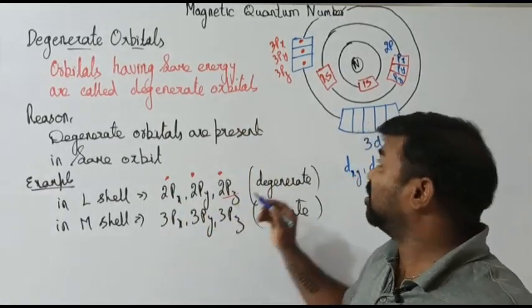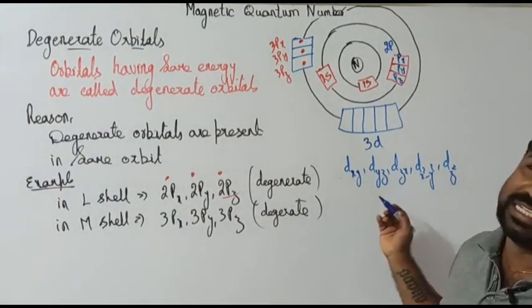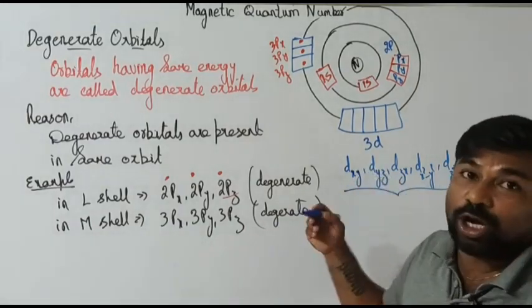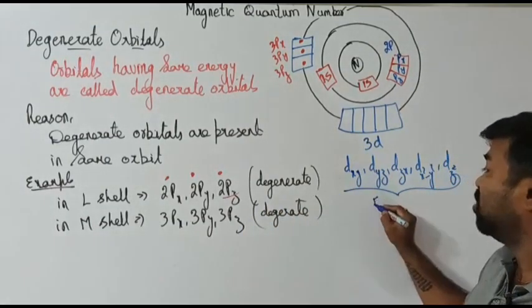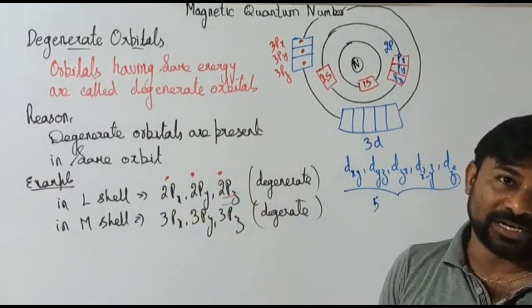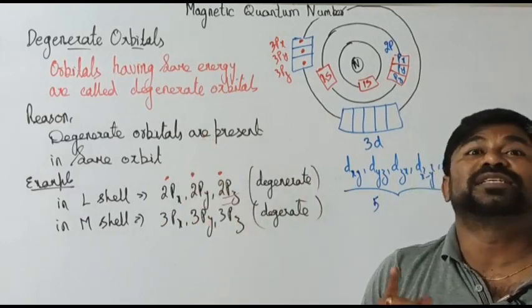Now, if you go for the d orbital, we know all the five present there are degenerate orbitals. So, in the d orbital, how many degenerate orbitals are there? 5 degenerate orbitals are there. In the p orbital, how many degenerate orbitals are there? 3 degenerate orbitals. The reason is, why? Because they are present in the same